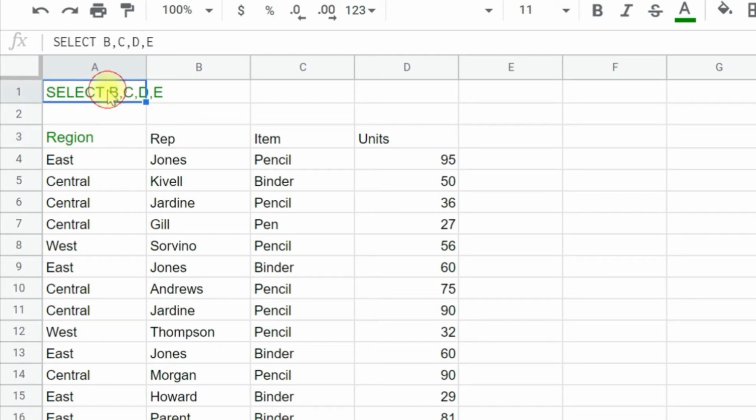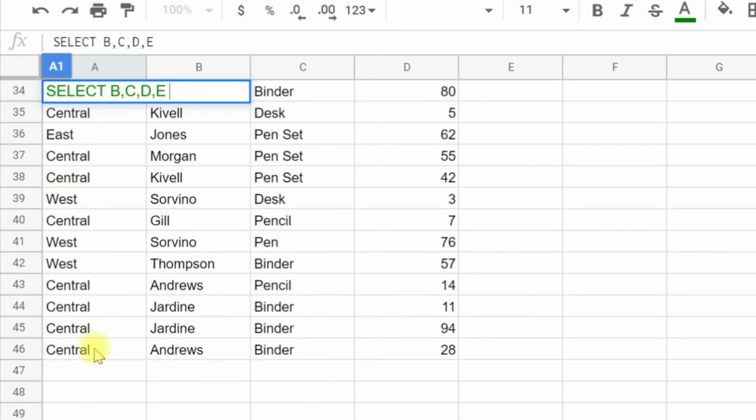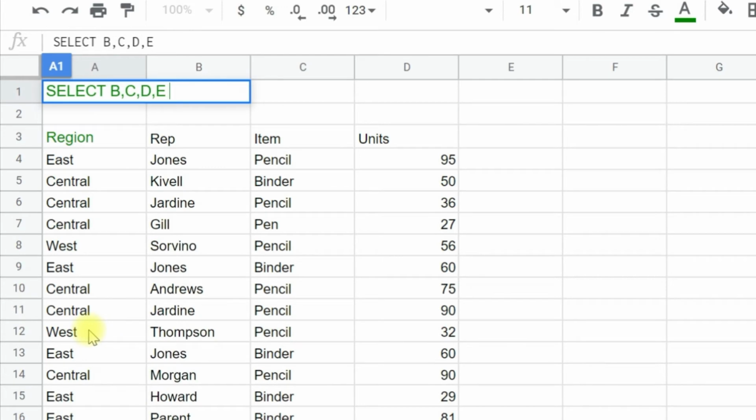Now we have selected BCDE, and we are going to select the entries of only central. How are we going to do that? We'll apply the where clause to the same selected BCDE. Central is in the B column, so we'll put where B is equal to central, and it will be under single quotation.